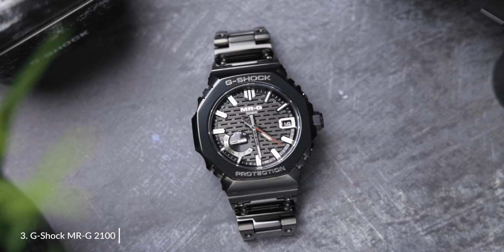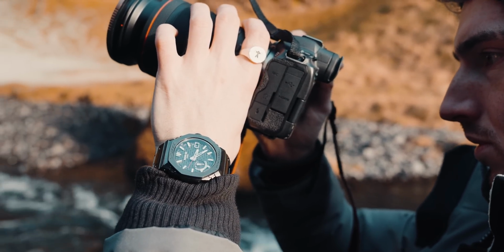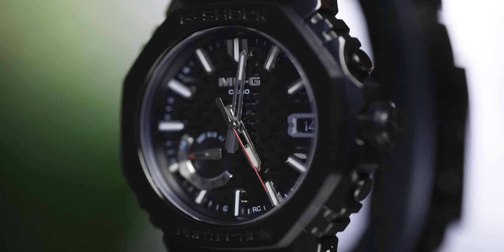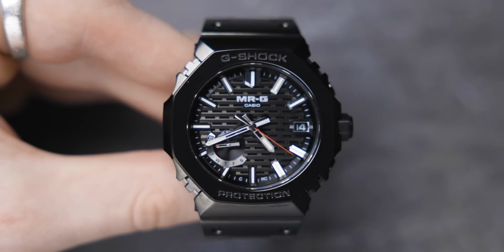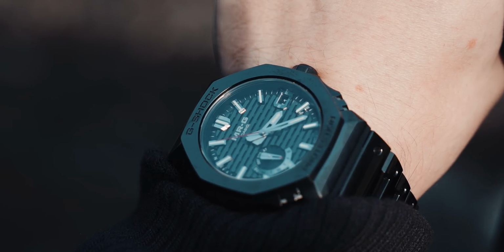And honestly, when I first got this watch in and I took it to Iceland, my first impressions were I want to grill it for being so expensive. But I found it hard to grill it for being so expensive when I found out some of the intricate details and kind of metals that they've used in this watch. The MRG collection is essentially like the Grand Seiko to Seiko. It is the pinnacle of luxury that Casio or G-Shock makes. So you've got Casio, then you've got G-Shock, and then you've got the MRG, the Casio G-Shock MRG in terms